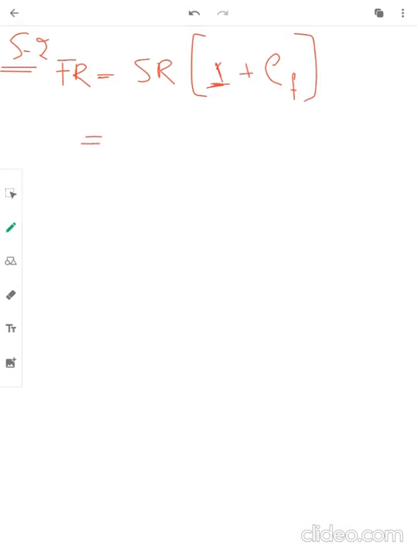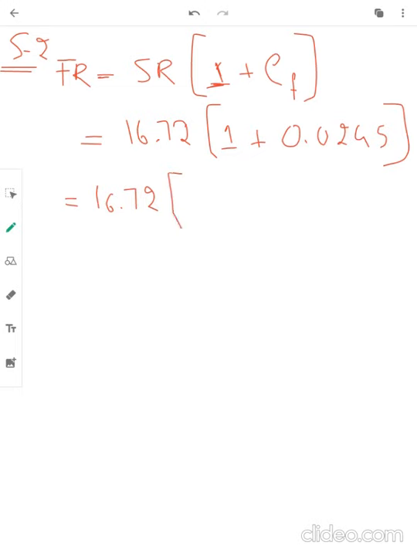So our spot rate, if you remember, which was given to us in the numerical, is 16.72 Fs per dirham, and our expected change was 2.45%. So I will just stick to the decimal point, which is 0.0245. So first I will add 1 and 0.0245, so it will give me a value of 1.0245,